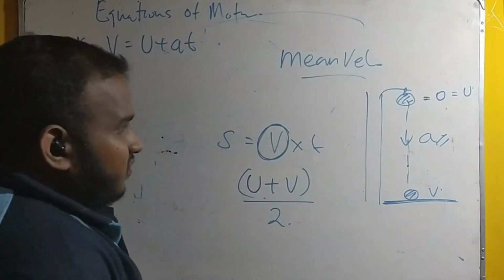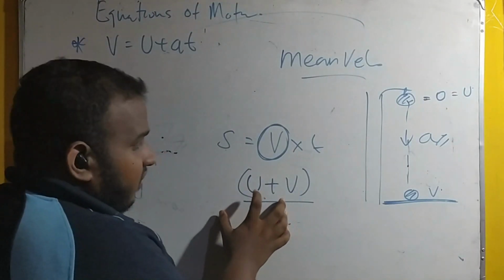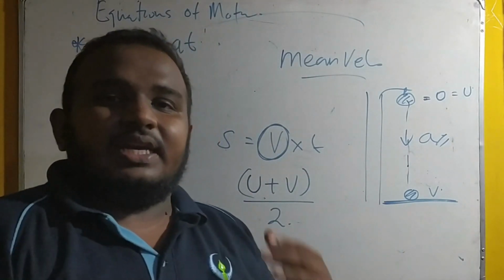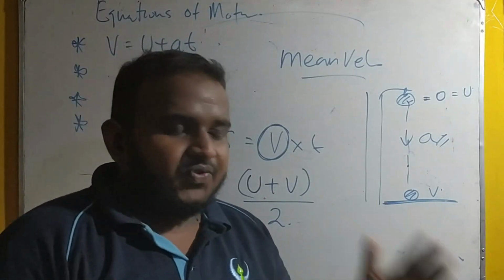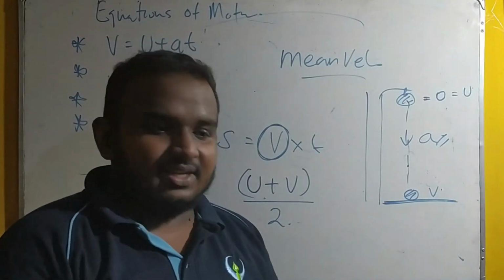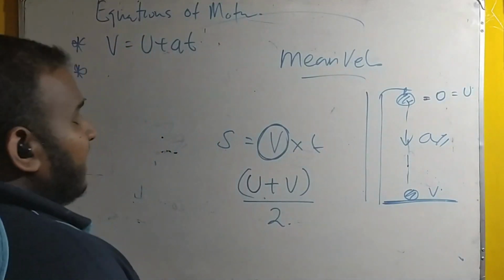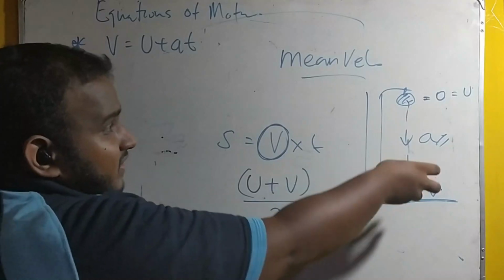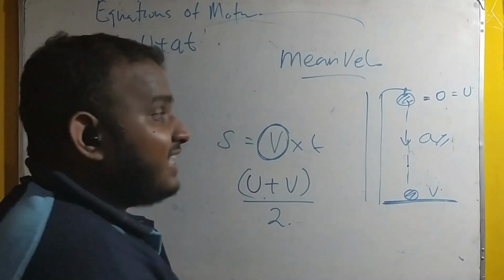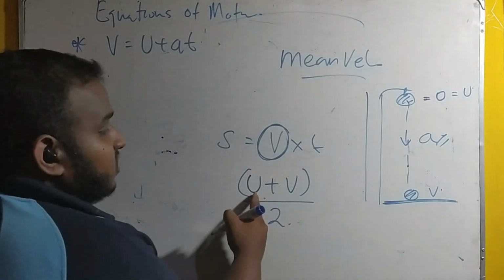Because you want to get the average velocity. That average velocity can be obtained by the addition of u plus v divided by 2. For example, if you get 50 and 60 marks, 50 for maths and 60 for science, and I ask you what is the average for maths and science, you add the two of them and divide by 2. Likewise, here I have given you two different velocities, the initial velocity and the final velocity. The object should move under constant acceleration. As it moves under constant acceleration, we can say that the average velocity is u plus v divided by 2.